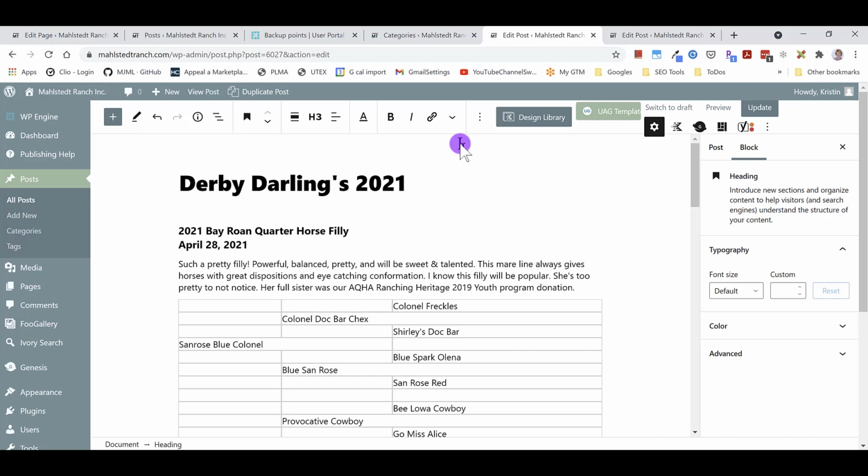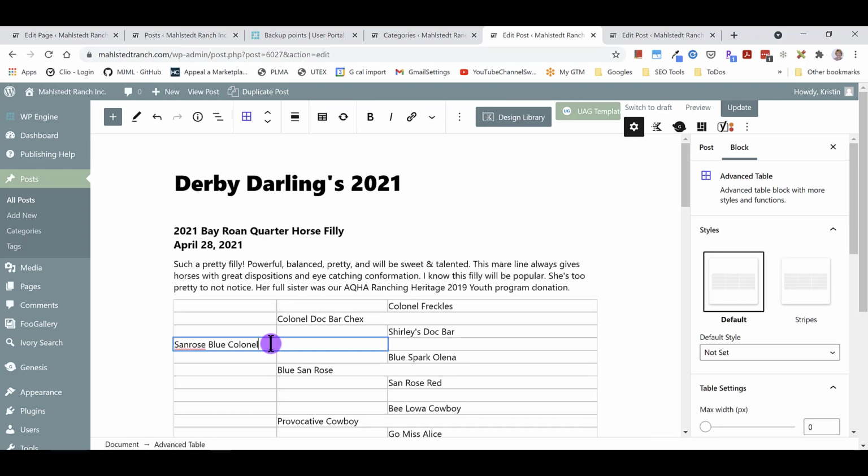Okay, I'm going to make you a quick tutorial on how to make a link in WordPress. We want to, for example, link Sanro's Blue Kernel to his actual page. To do that, we first have to select all the text we want to have linked, which in this case